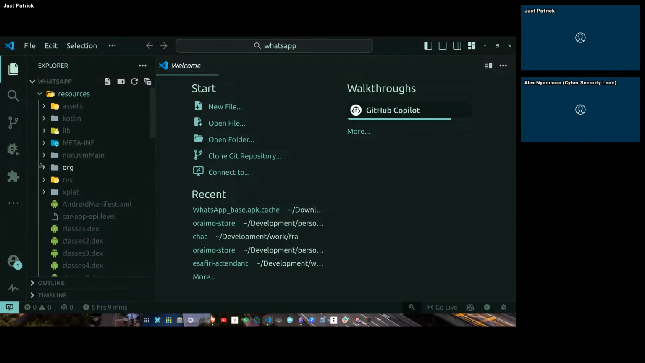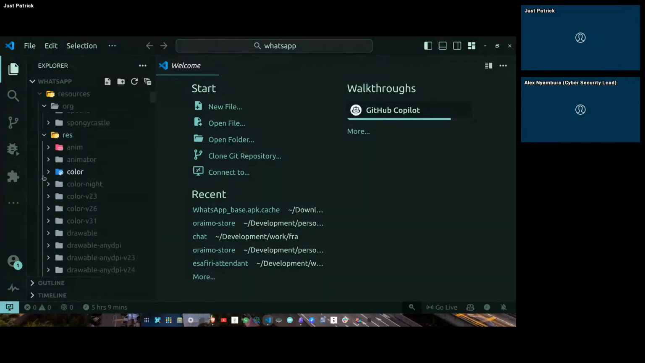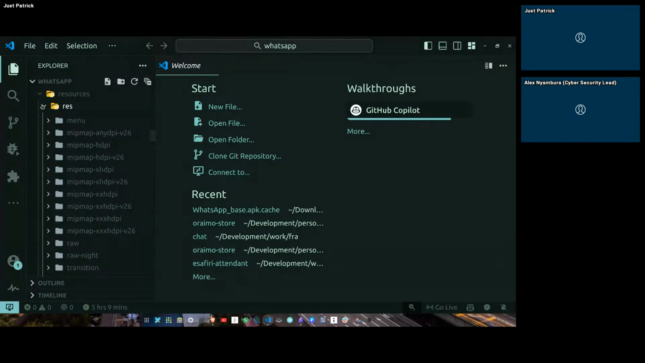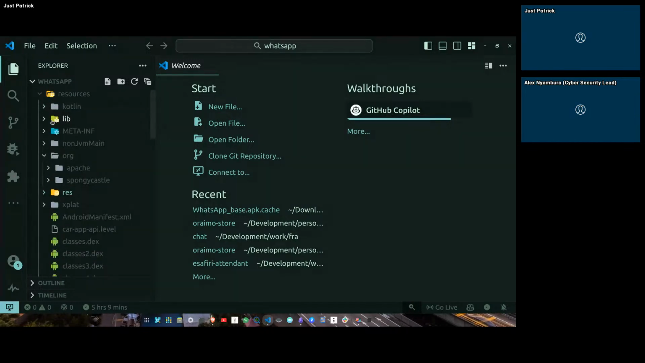I don't know, org. There should be like a res folder. Okay, so to jump into this a bit later, it will take time and I want to go through